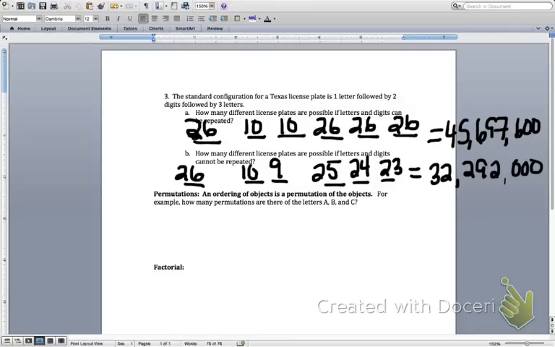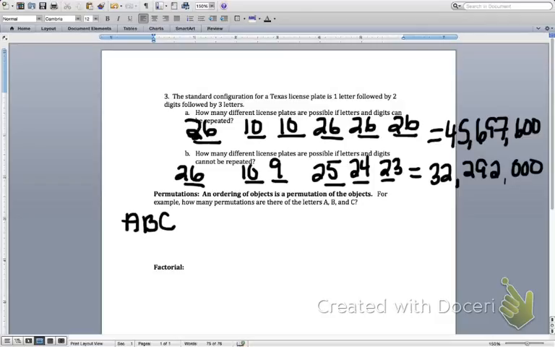That brings us to permutations. Permutations are an ordering of objects in which the object's order is important. For instance, how many permutations are there of the letters A, B, and C? If you're doing a permutation,